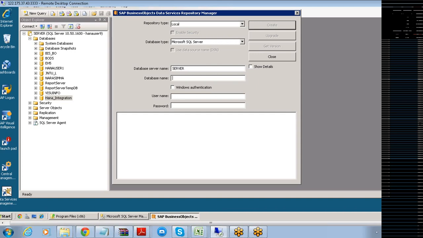The database name is HANA_integration. The user is HANA user 9, and then the password.